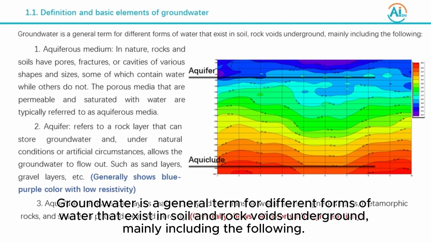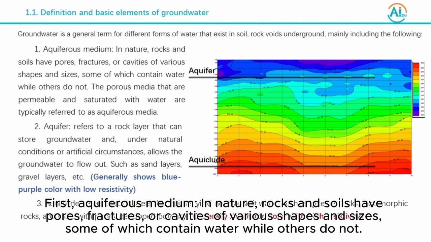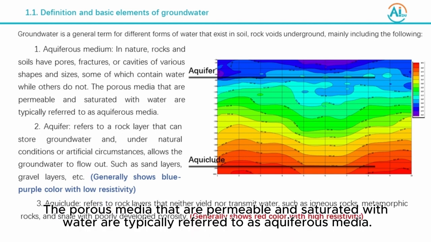Groundwater is a general term for different forms of water that exist in soil and rock voids underground, mainly including the following. First, aquiferous medium. In nature, rocks and soils have pores, fractures, or cavities of various shapes and sizes, some of which contain water while others do not. The porous media that are permeable and saturated with water are typically referred to as aquiferous